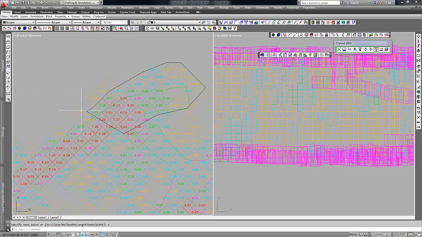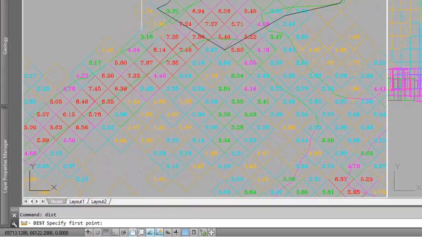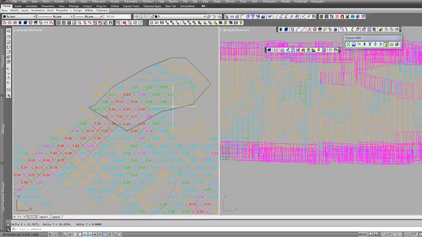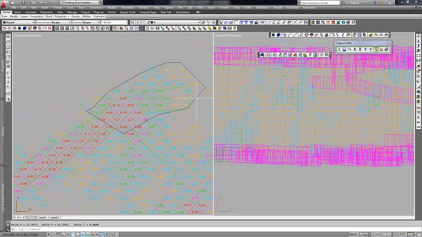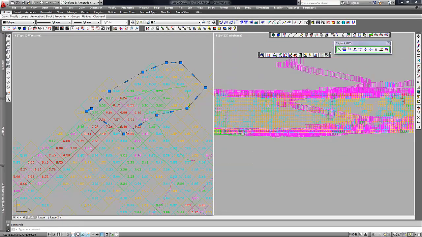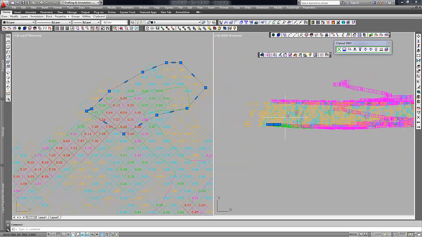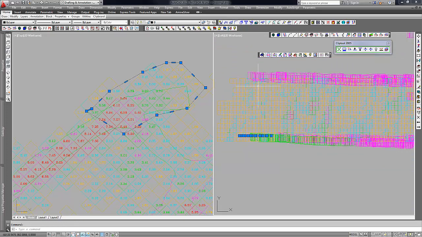Close that. So let's see what the distance is. So that's roughly 20 meters. So if I select that, come over on this side, let's see where I'm at. So I'm right there. So next thing I want to do is take this shape